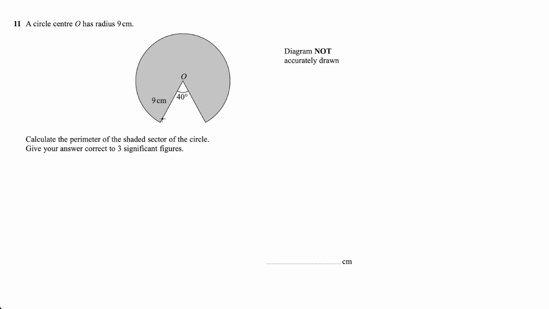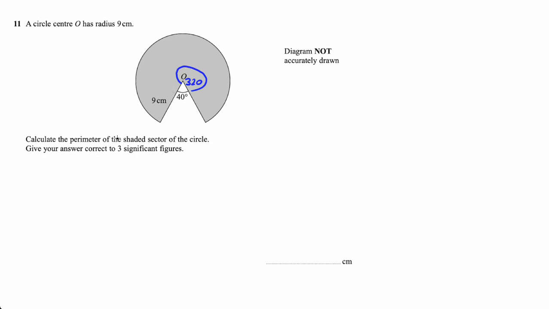We're looking for this length right around the circle. So how do I find that? Well, I could find that length and then subtract it from the circumference, or I can say if that's 40 degrees, then this would be 320 degrees,